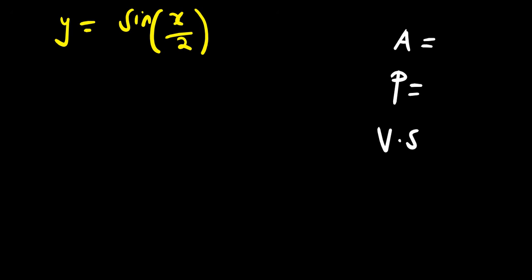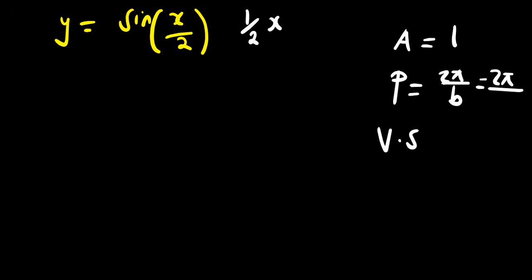The amplitude, we say, is how high. For this graph, what do we have as the coefficient of the function itself? It's just a 1. So it will go as high as 1 and as low as -1. Then the period, we said, is 2 pi over b. In this case, b is the number attached to x. Since x over 2 is the same as 1 over 2 multiplied by x,